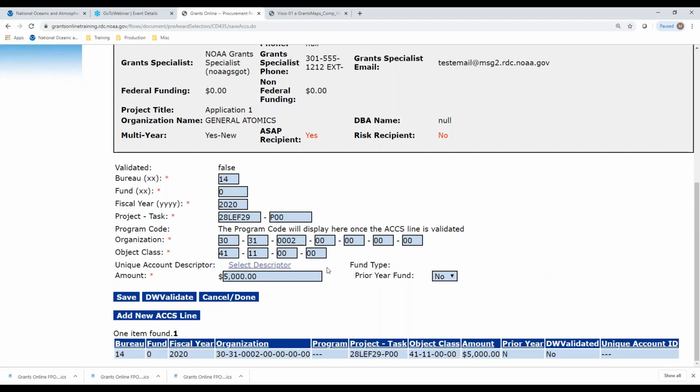In order to get the program code in, as well as the correct fund code, what we have to do is click this button right here that says DW Validate. DW stands for Data Warehouse. It is a set of tables in the CBS system, in our accounting system, where we get lookup data to validate whether the codes that we're using are accurate codes for this fiscal year. So when we click on this button,